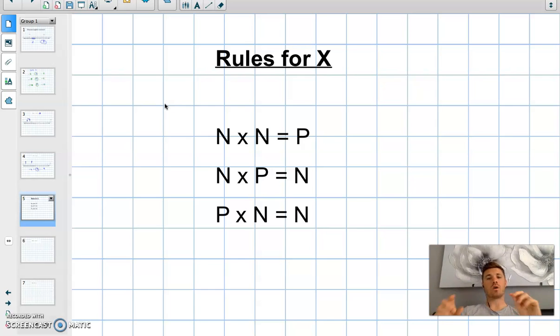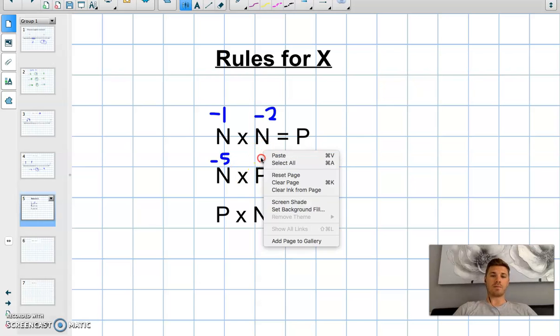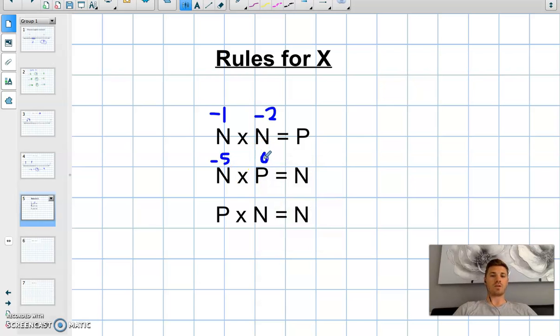Here are the rules for multiplying. So if you've got a negative number and you're multiplying it by another negative number, the answer is always positive. Okay, if you are multiplying a negative number by a positive number, so a number without a negative or minus sign in front of it, the answer is always negative. And we know that when we multiply,